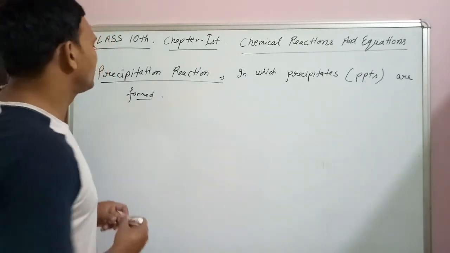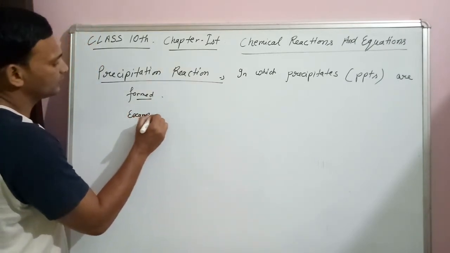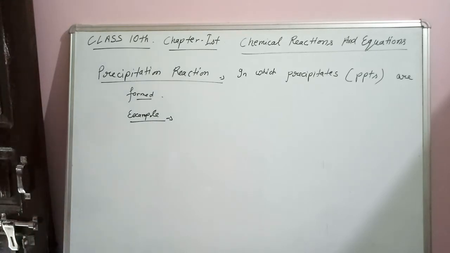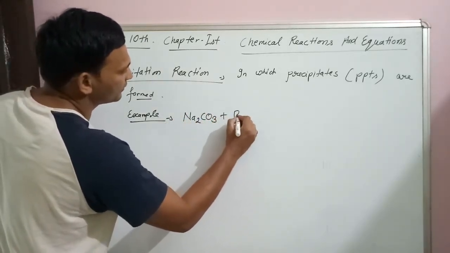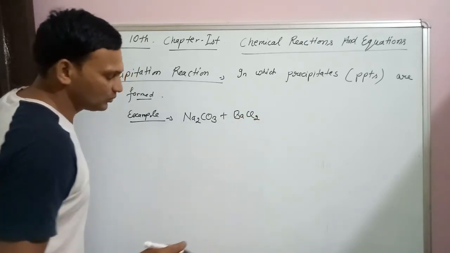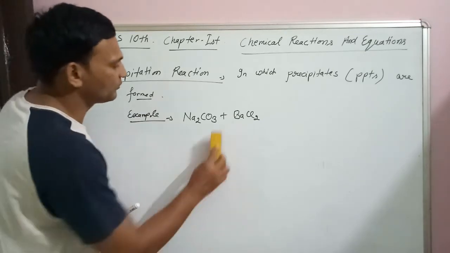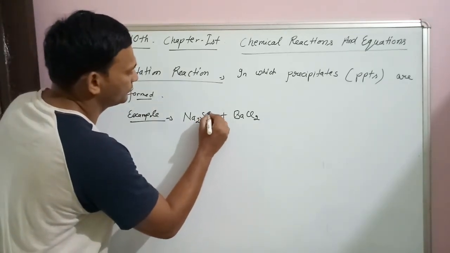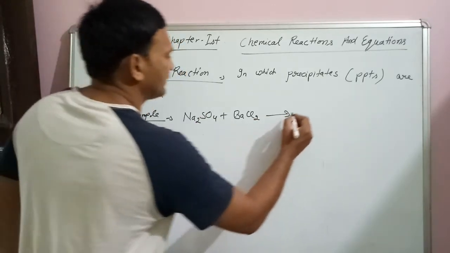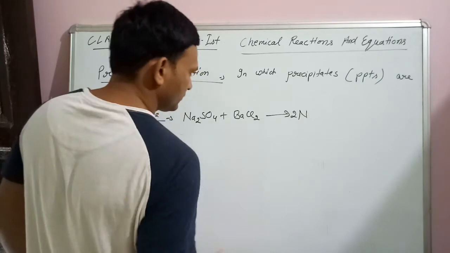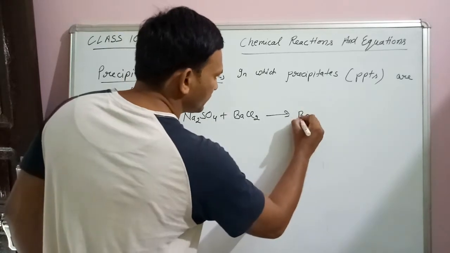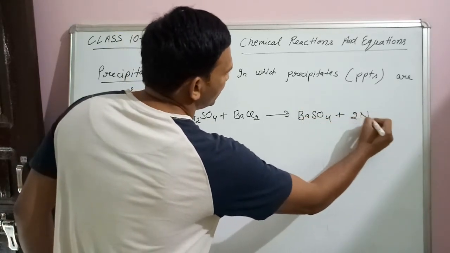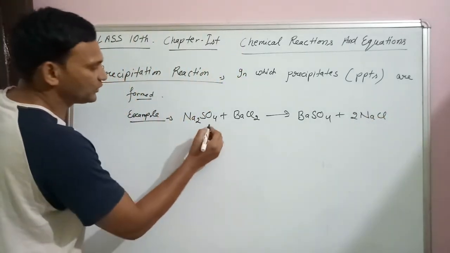We may take an example. For example, Na2SO4 plus BaCl2 reacts to give BaSO4 plus 2NaCl. Na2SO4 is